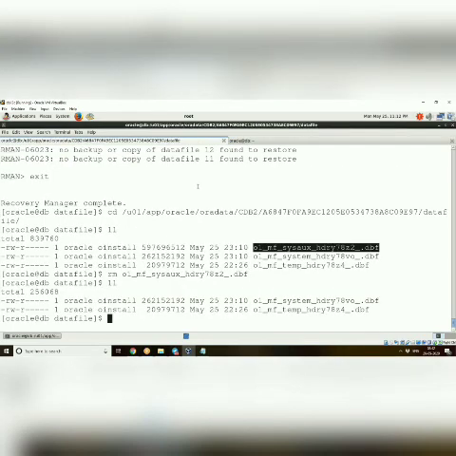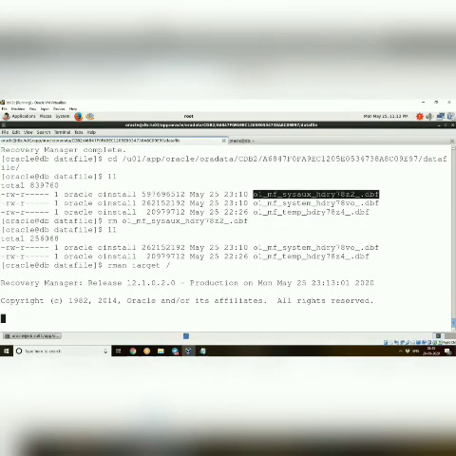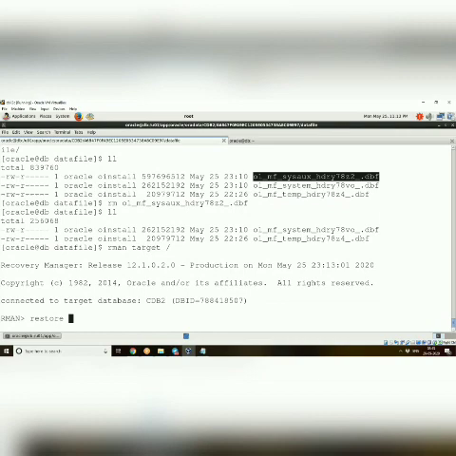And restore pluggable database PDB2 I'll give. So data file 10, it is restoring 10, 9. So 9 is what? Sysox and 10 is users. So system also it is restoring, data file 8, 9, 10. So all the data files when we are giving as a pluggable database, then it will be showing all the data files, that is 8, 9 and 10. Okay. So this is how it used to restore and recover.